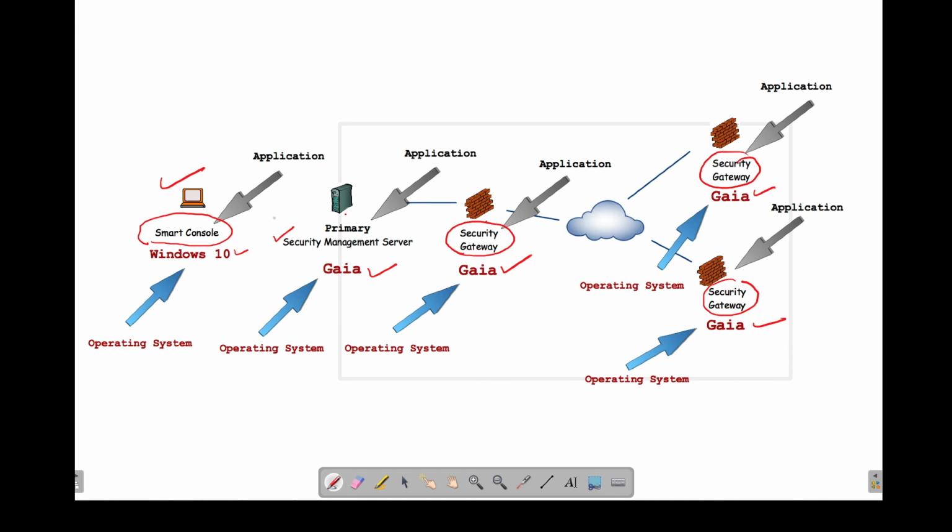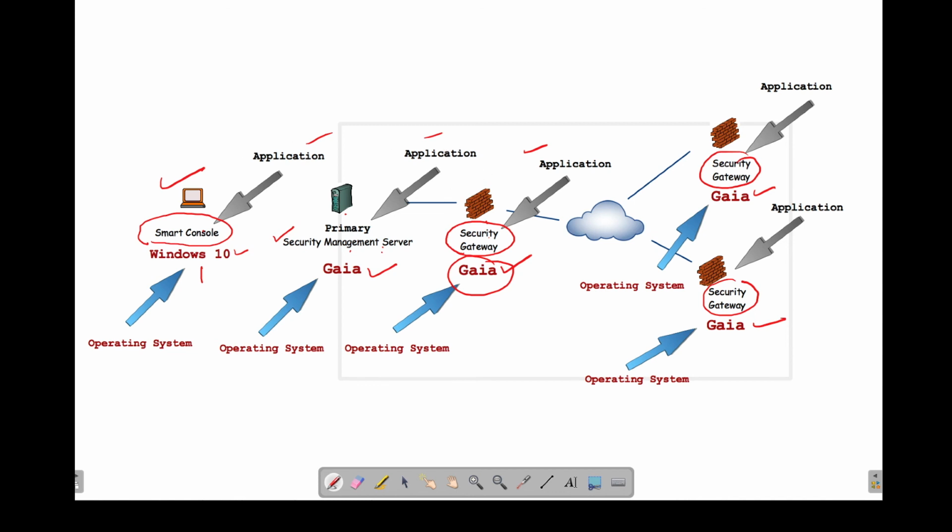So Smart Console, Security Management Server, Security Gateway are all applications of Checkpoint, but they need to be running on some OS. Smart Console we run on Windows 10, Security Management Server on Gaia, Security Gateway also on Gaia. So Gaia is an OS, whereas Security Gateway and Security Management Server are Checkpoint applications.